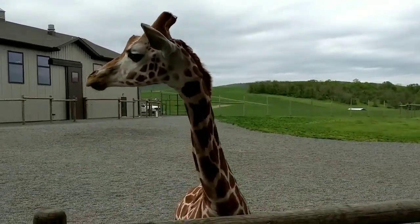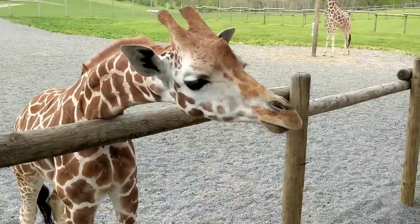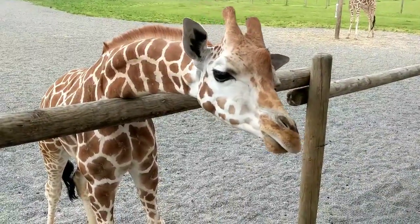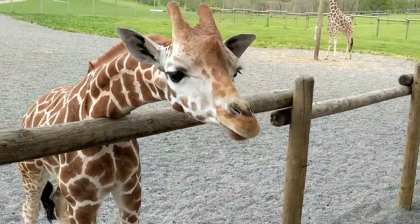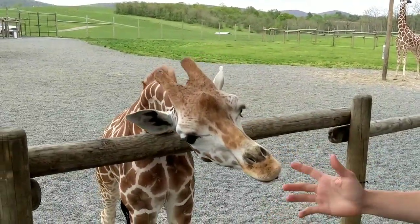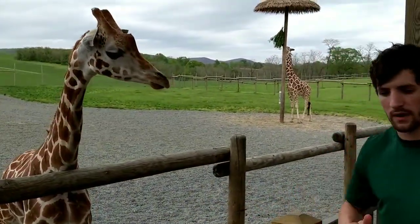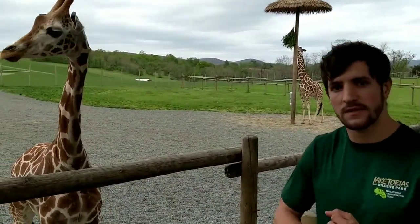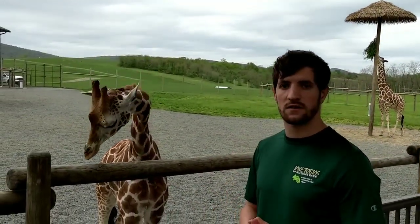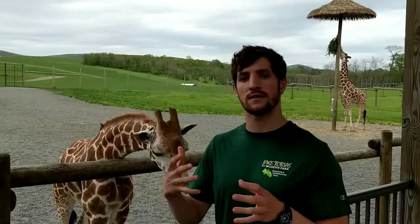Now these guys are listed as endangered on the endangered species list, the reticulated giraffe specifically, and a lot of that is unfortunately due to habitat loss, poor agriculture, as well as illegal hunting from poachers. So there are a lot of measures to help these guys in the wild. There are specific game reserves, game commission and wildlife officers to stop poaching, as well as special grounds to make sure these guys can survive